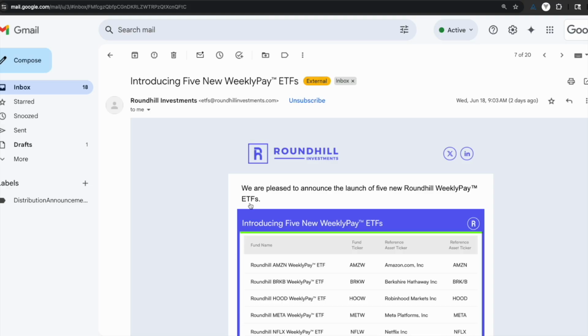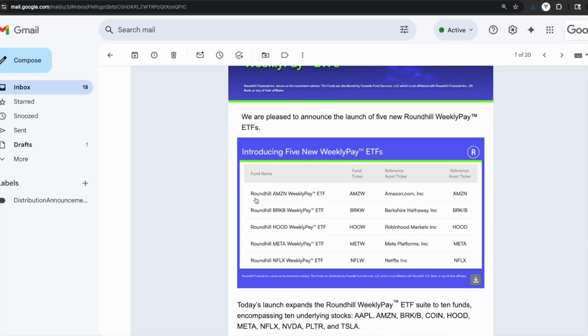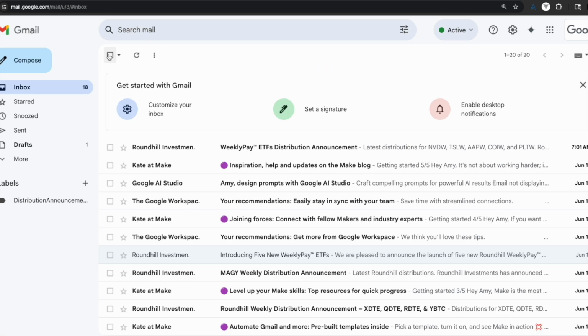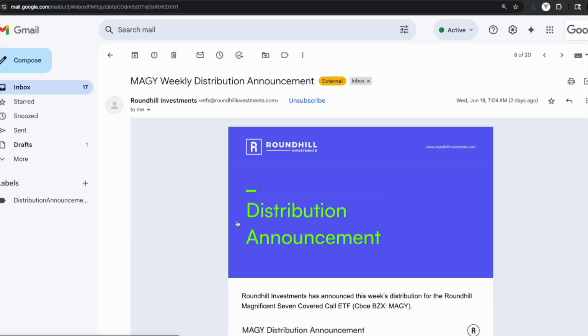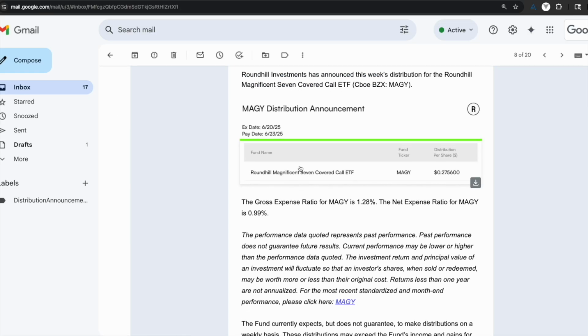Let's choose this one. And then it's finding this image and it's downloading it. And then this is the announcement about their new distribution. So they're taking this image and it is getting the distributions per share and the fund ticker. And then I'm using Polygon.io to get the closing price from the last business day.